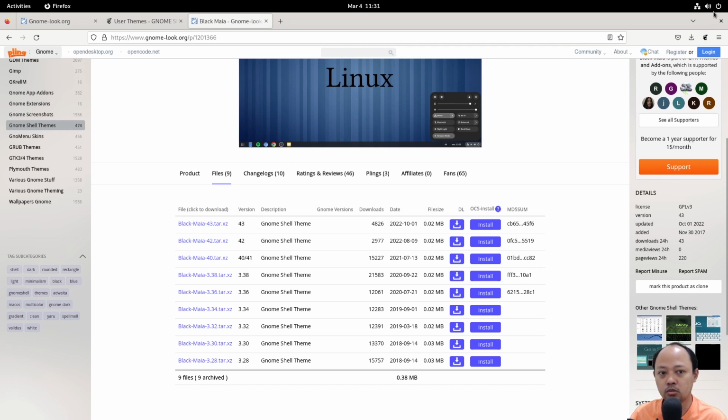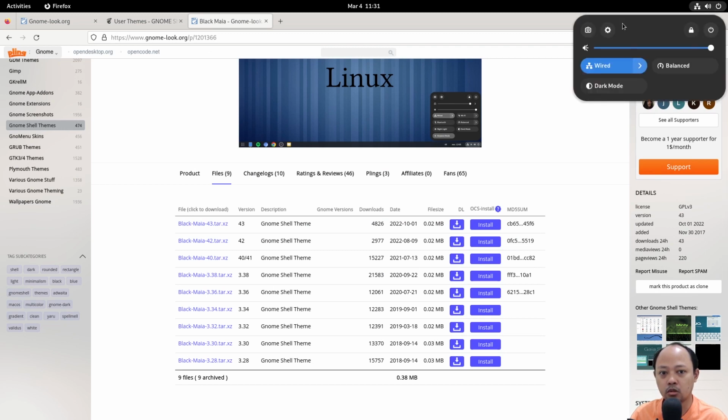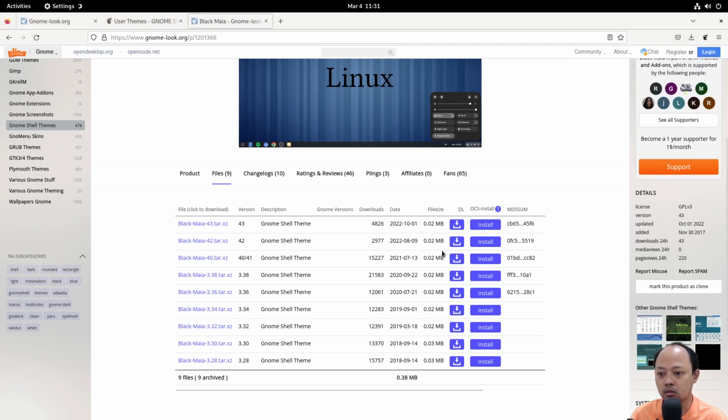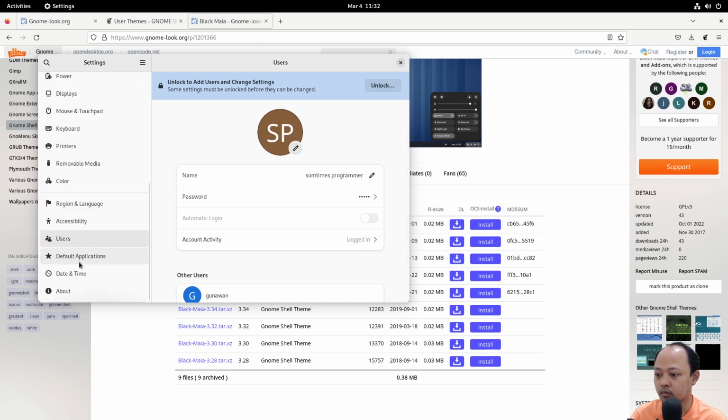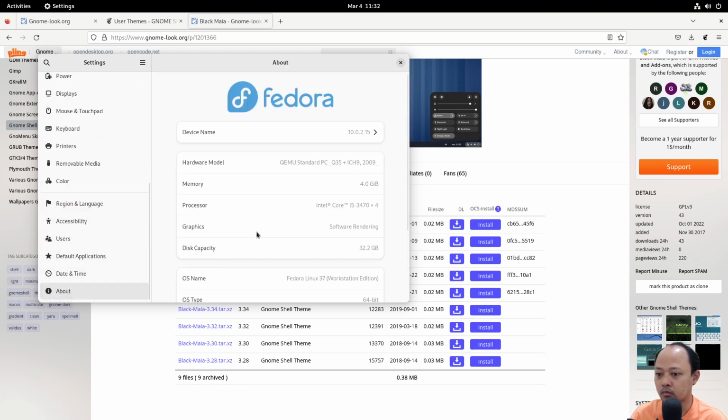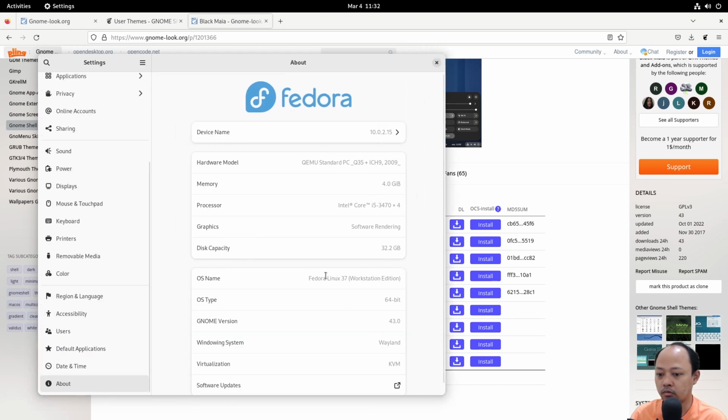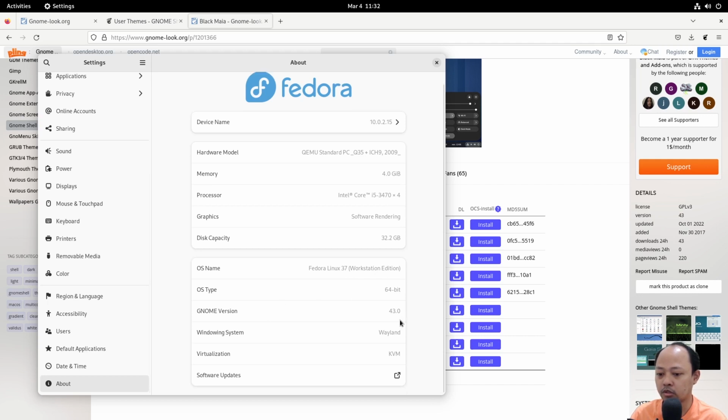Before we continue, just for your information, in this video I'm using Fedora 37 workstation, and the GNOME version is 43.